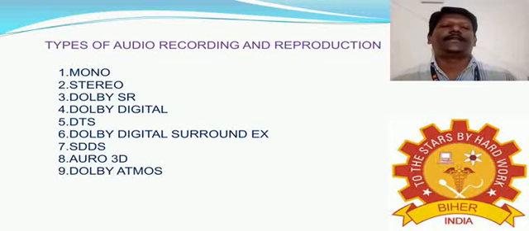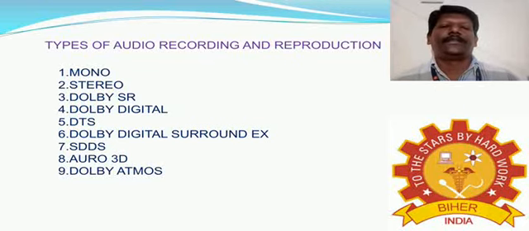In this format, there are 6 speakers behind the screen. So left, left center, center, right center, right and subwoofer. And also a left surround and right surround. In this format, all the 8 track sound information is recorded on both edges of the 35mm film.